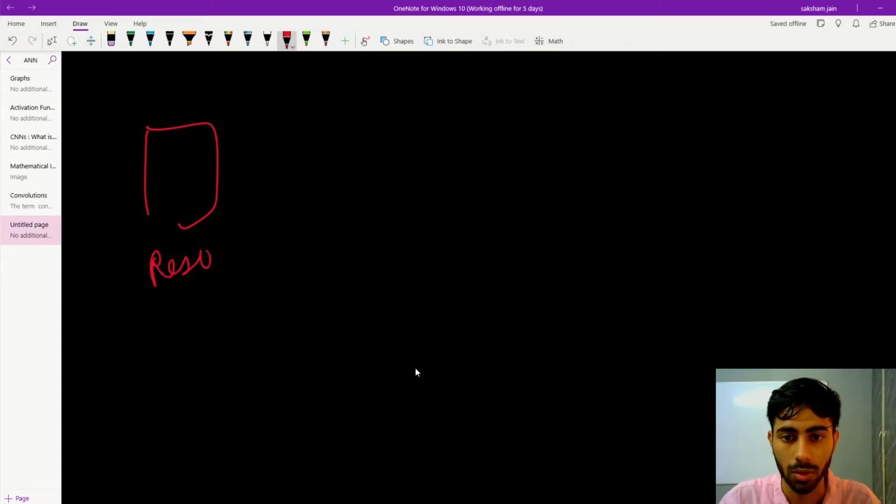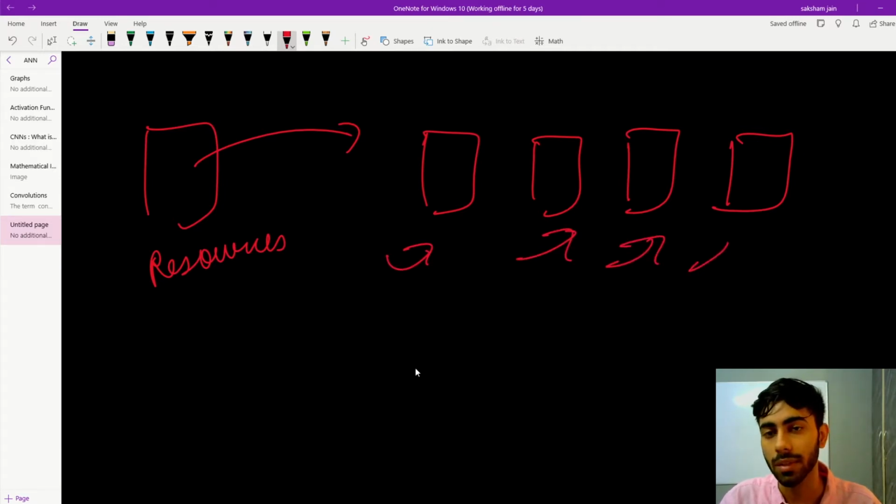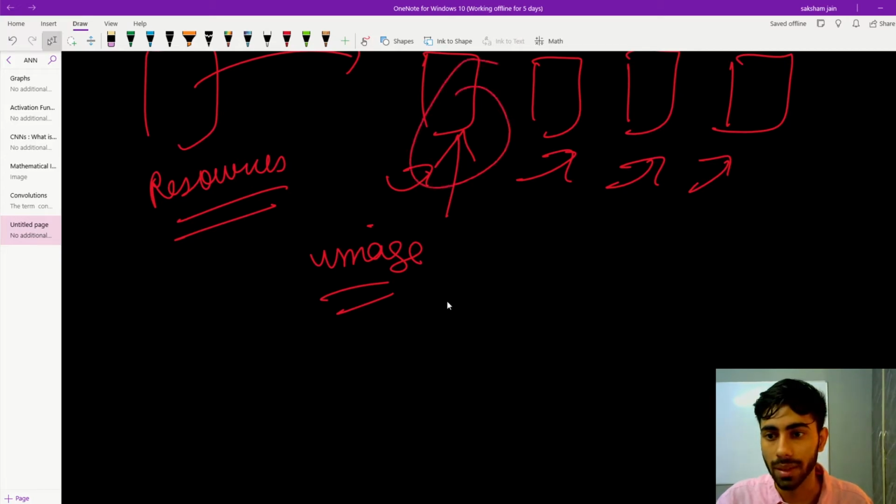This is my resources folder. And inside my resources folder, there are 4 images. Now what I'm trying to do is I have run a loop that will go through each and every one of these images present inside my resources folder. I have created an image variable, and it will first open this image, and then after opening this image, it will resize it,